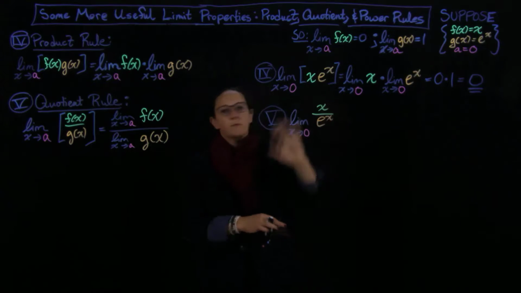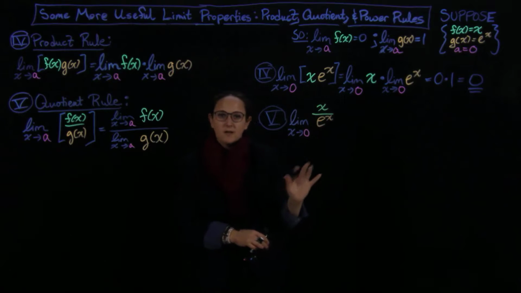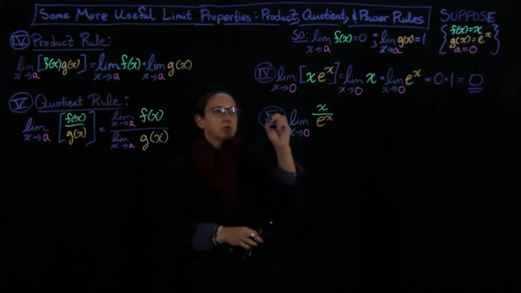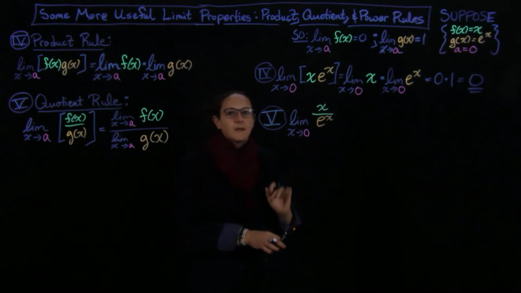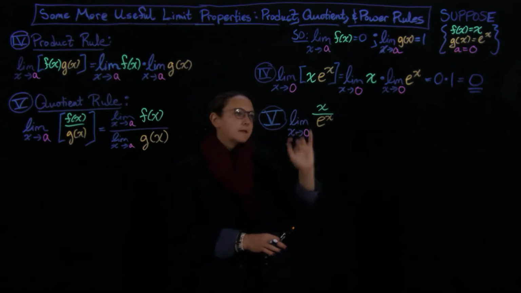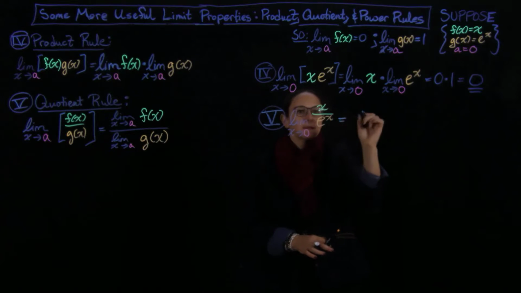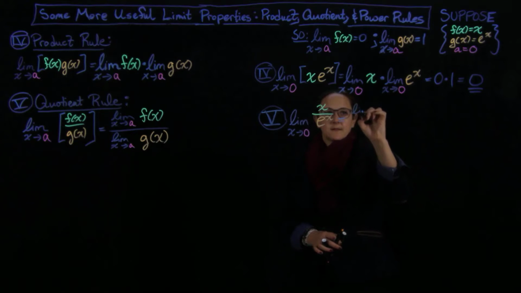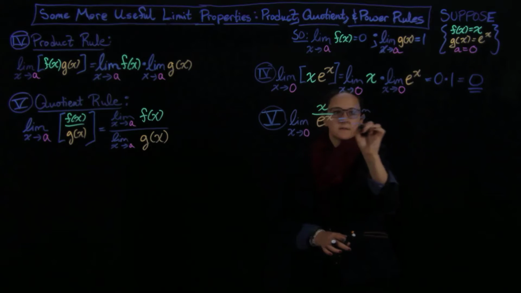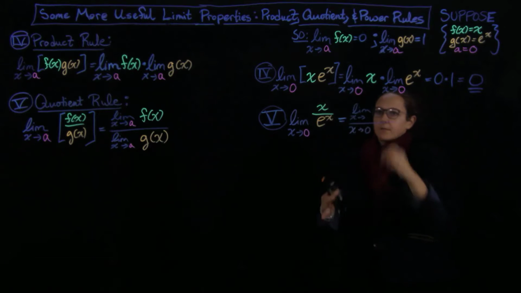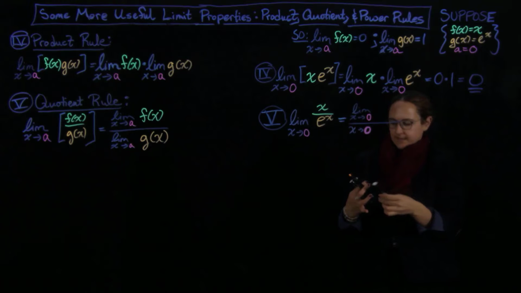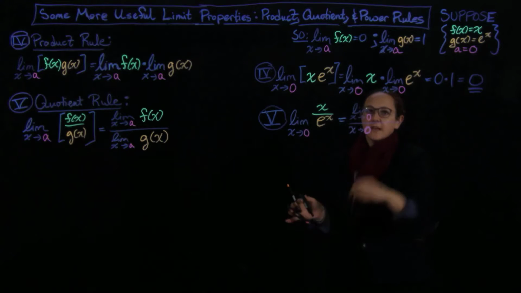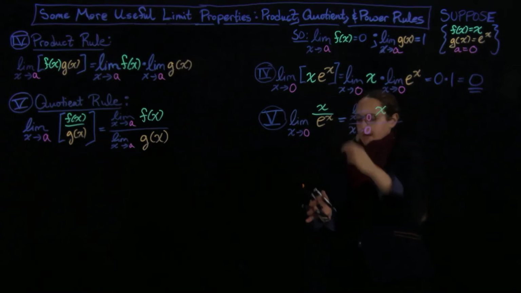So this is a new function, but it's a quotient, and luckily I can use the quotient rule. We'll go ahead and do that. We're going to get that this equals the limit as x goes to 0 on the top and the bottom. Both of these are the limit as x approaches 0. Then I want to take my top function, which is x, take that limit, and then divide it by